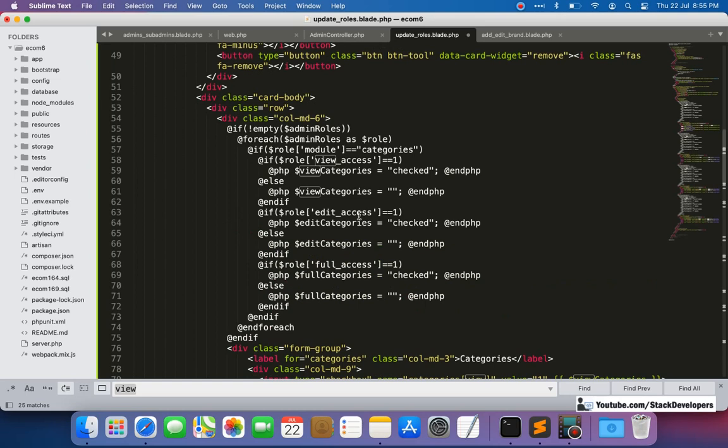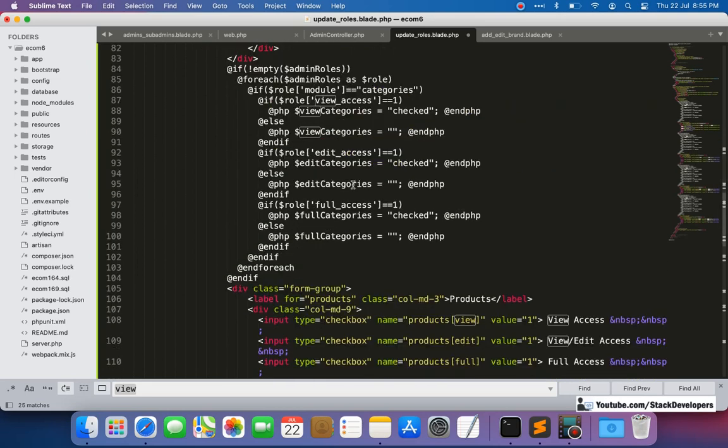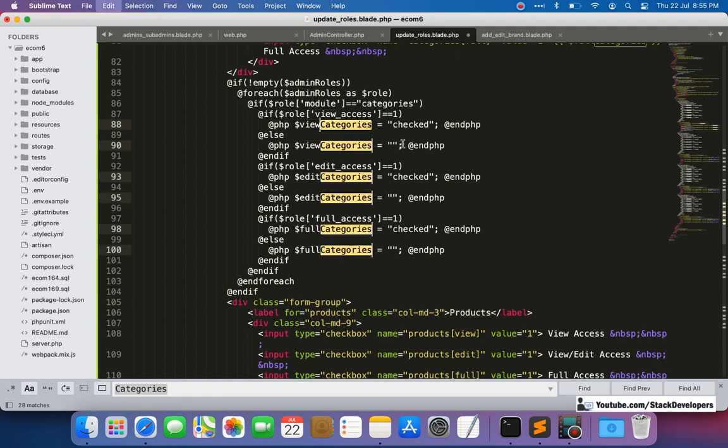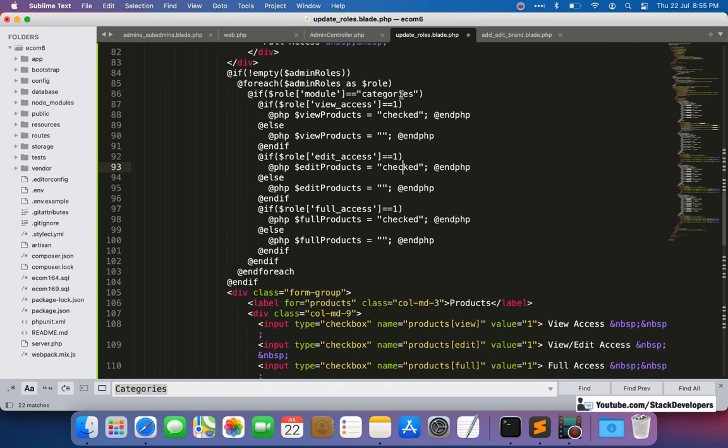Here only minor updates are needed. In case of products, in place of categories, we are going to add products, and the rest everything we can keep in the same way.